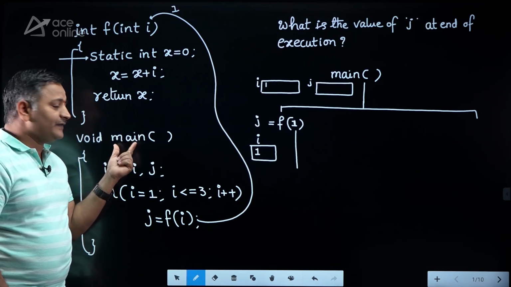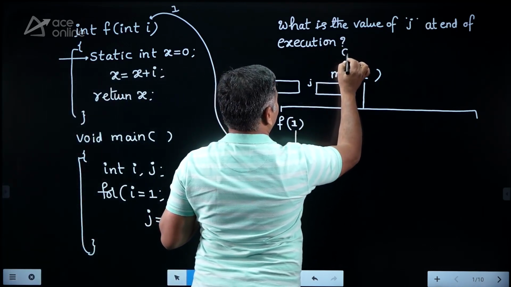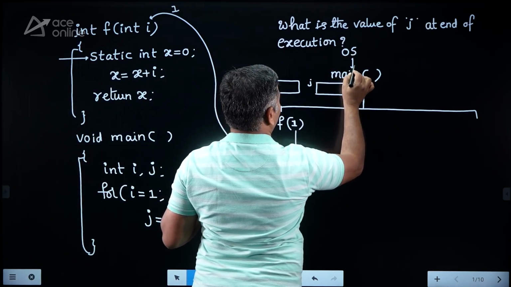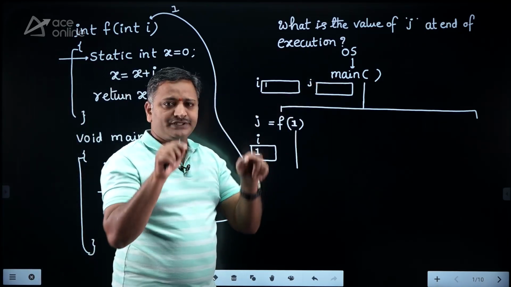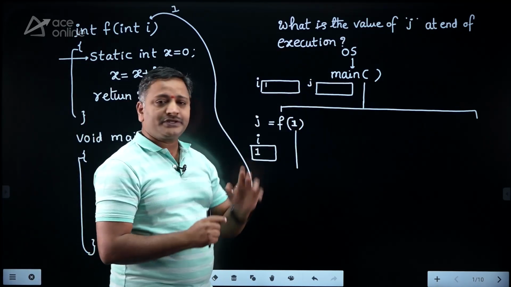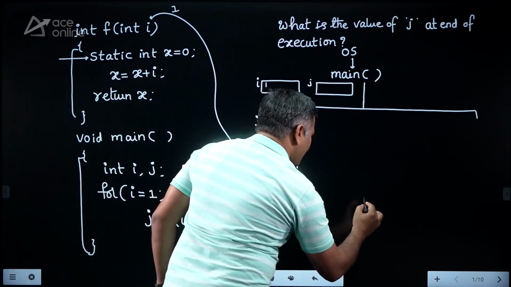So who is calling the main function? The operating system. Whenever the operating system is calling the main function, that main activation code will be loaded into the stack. So in fact, the stack is looking like this. Suppose